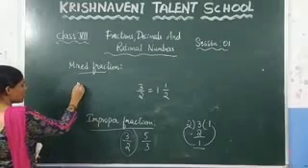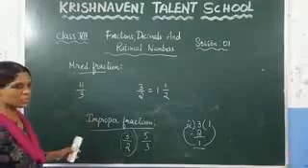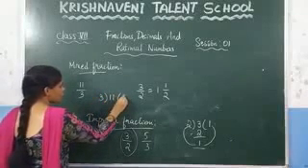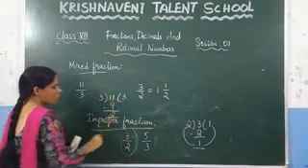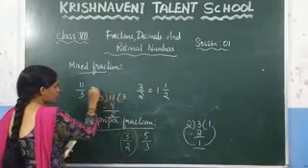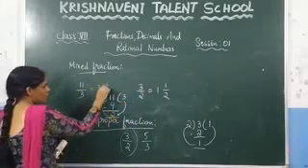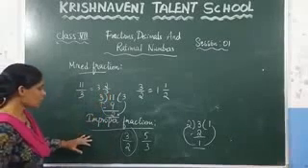So here consider one more problem, 11 by 3. If you want to convert this into a mixed fraction, how do you convert? You need to divide 11 by 3. So here 3 3s are 9. And what will be the remainder? 2. So how do you write? You write 3 like this, in this direction, 3, 2 by 3. Like that you need to write it, if you are given an improper fraction.